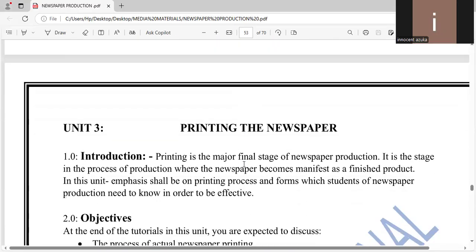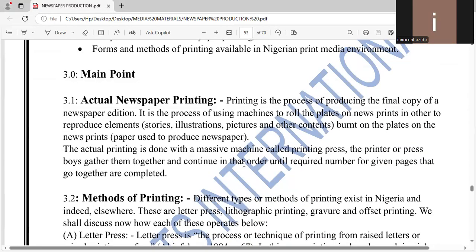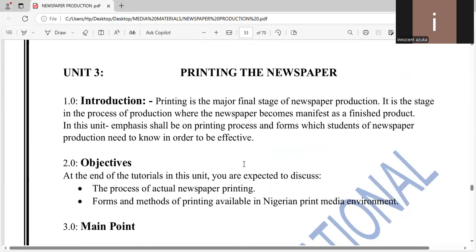Printing of the newspaper is a very good stage. Printing is the major final stage of newspaper production. It is the stage